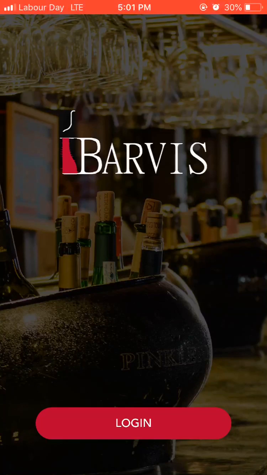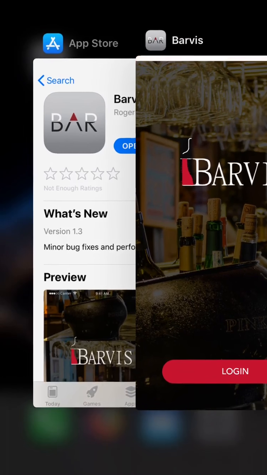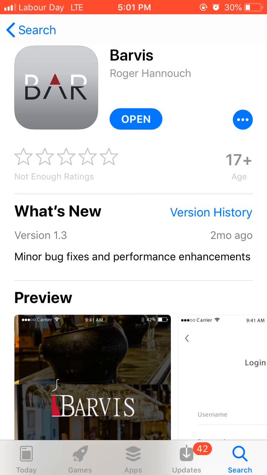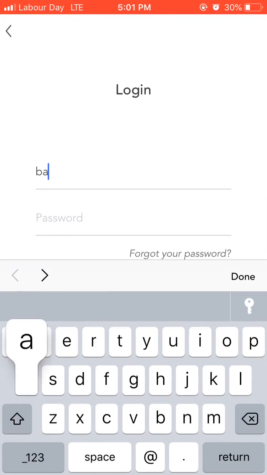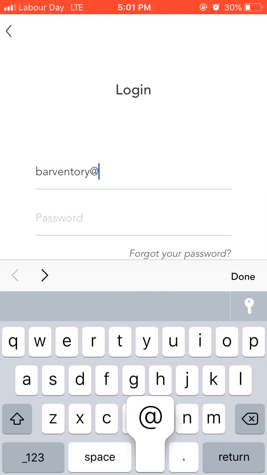In this short video, we will explain how to use BARVIS, a smart bar inventory app. First step is to download BARVIS from the Apple Store. Fill your information to create your unique account. Log in with your username and password and it will be automatically saved on your phone every time you launch